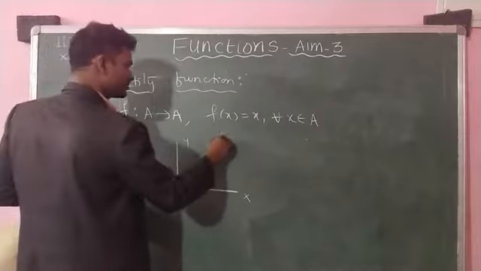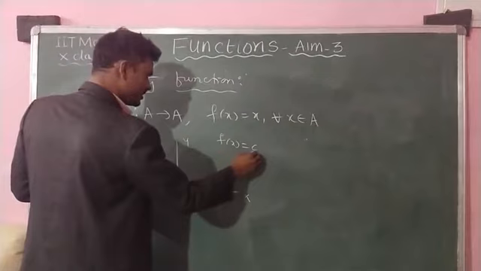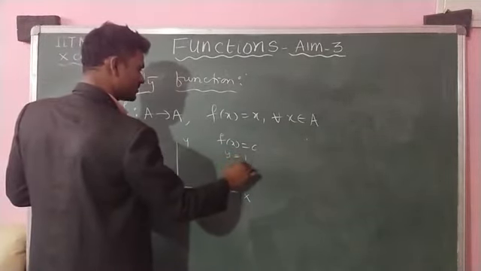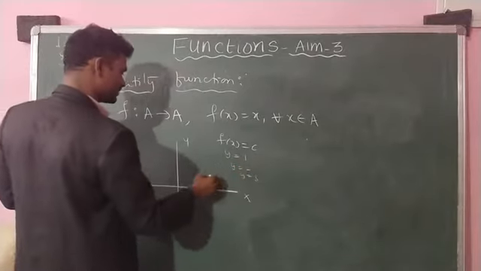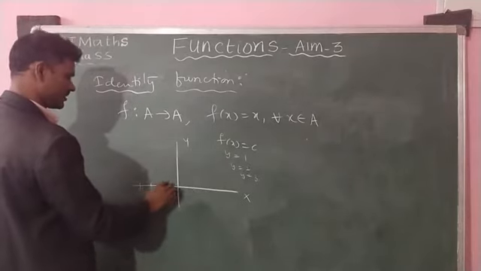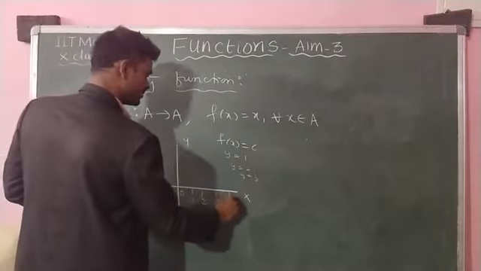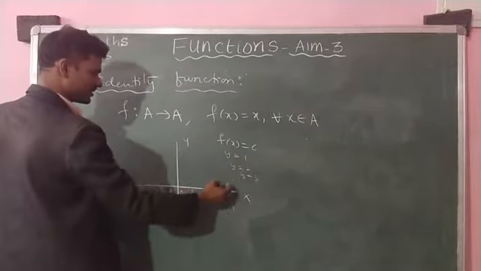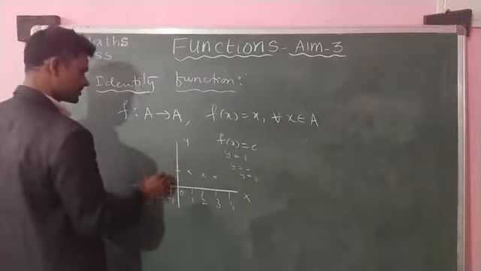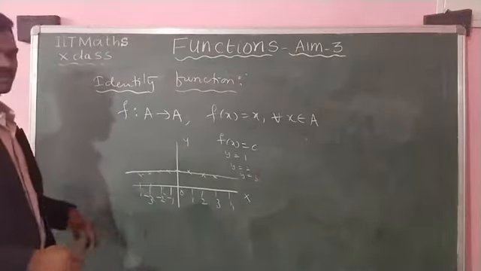F of x is equal to C, I said C means one constant. That means here, this is y is equal to 1, y is equal to 2, y is equal to 3. Here this is 1, 2, 3, minus 1, minus 2, minus 3, 0, 1, 2, 3, 4 up to so on. Then you can take x-axis 1 also, some constant, 2 also constant, 3 also constant, minus 1 also the same constant, same value. Now you can join. This is okay.